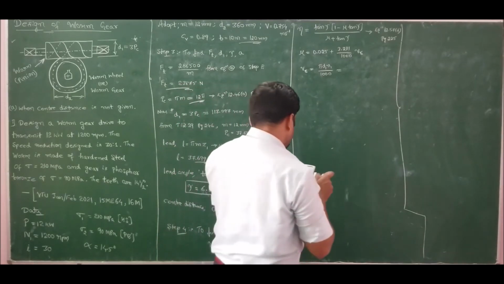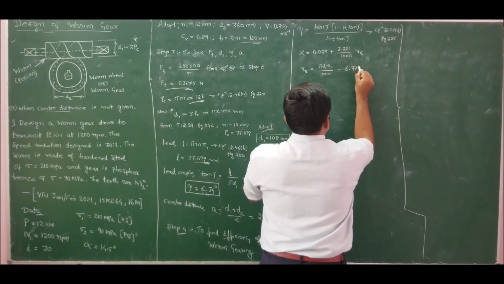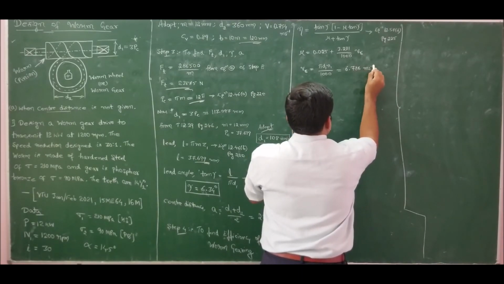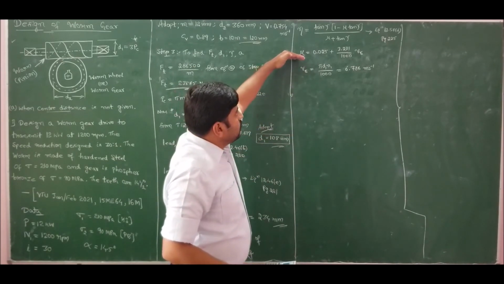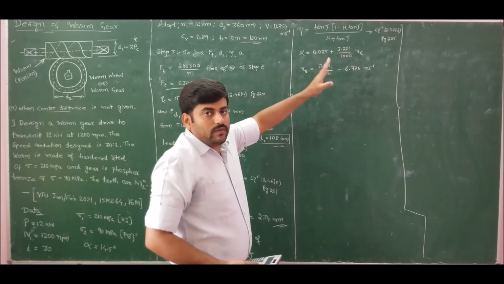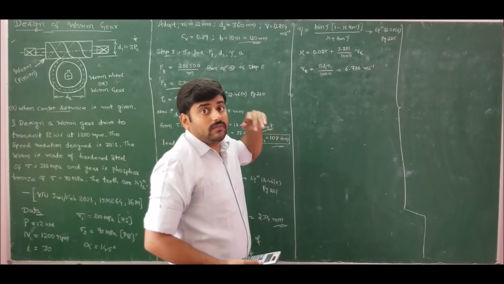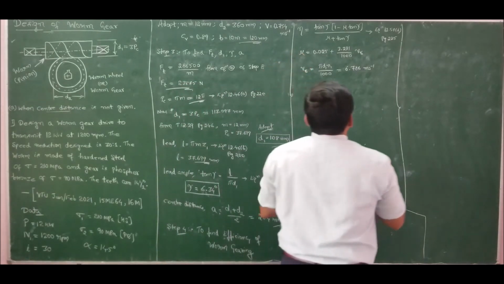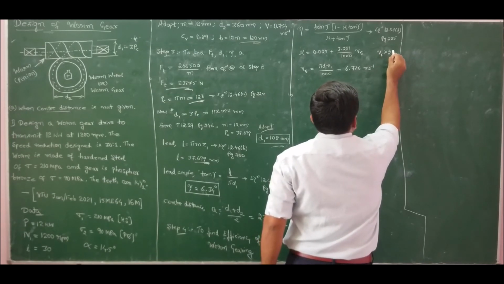So rubbing velocity is turning out to be 6.786 meters per second. A very important note should be noted down: in the equation of mu, he has specified the range less than 2.5 V. Kindly correct it. It is the range for rubbing velocity VR. So this is the equation for coefficient of friction if VR is greater than 2.5 meters per second.